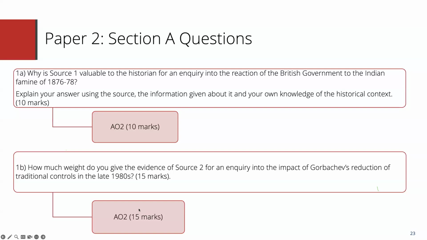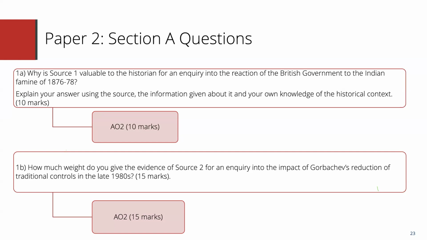Truth be told, you'd probably be better not doing an intro. I think on this one, Madeline, the intro comes from them saying source one is valuable to the story for an inquiry, rewording the question, and actually it could cost time. If you've got a student who is very time conscious, that's not necessarily the way to go. Talk about the provenance, talk about what it actually is in that first paragraph,